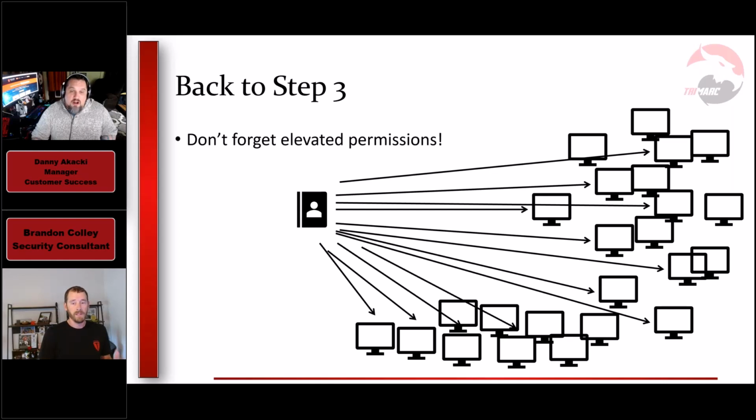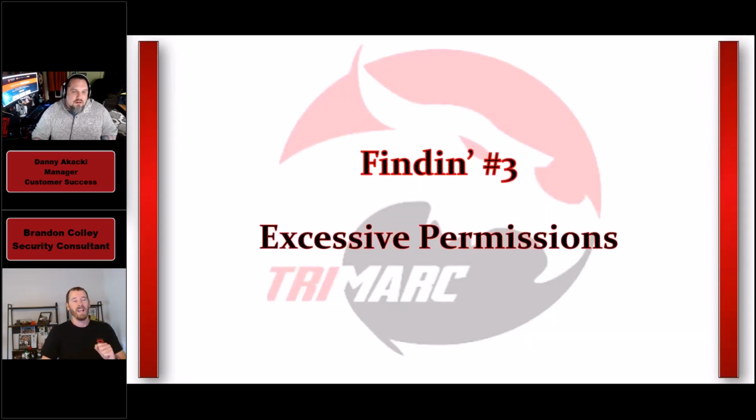And so while this account might be a domain admin, right? But it might just have like a group policy that gives it local admin on all these endpoints. And so that's what we call a transition. And that transition is, you like that? Very smooth. All right, excessive permissions.